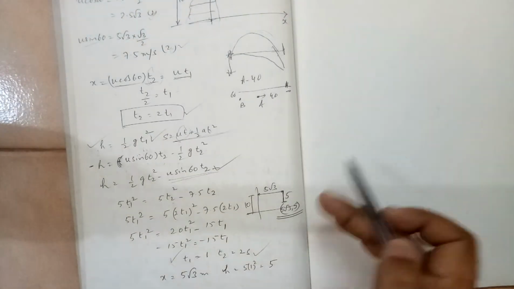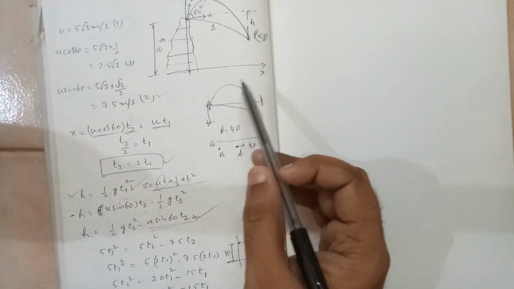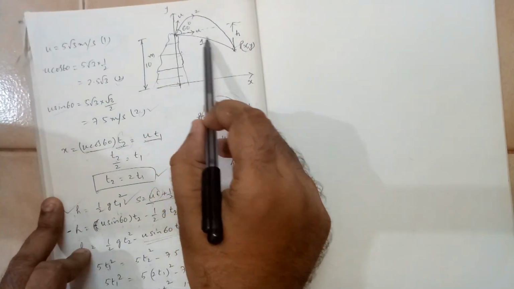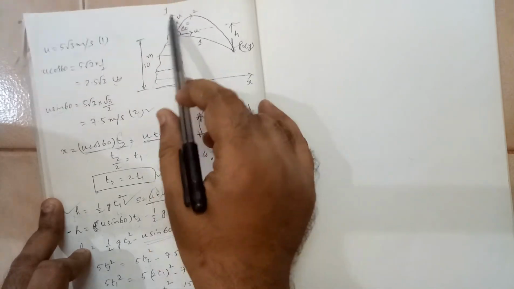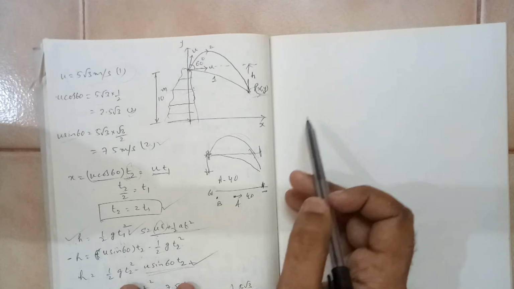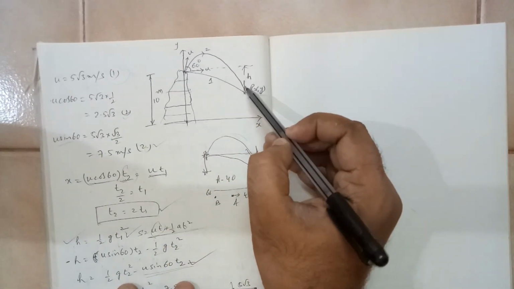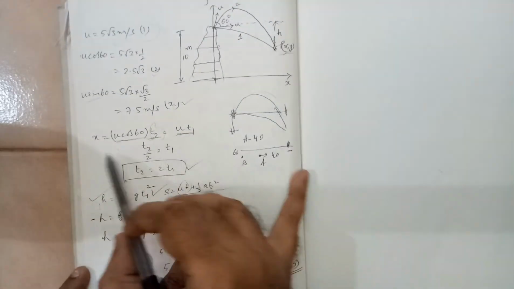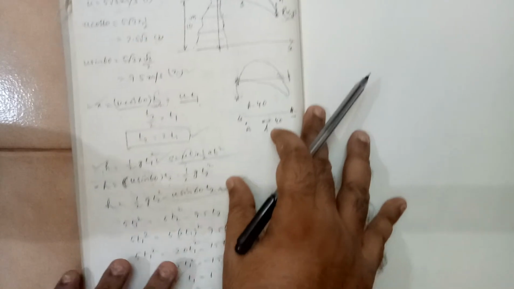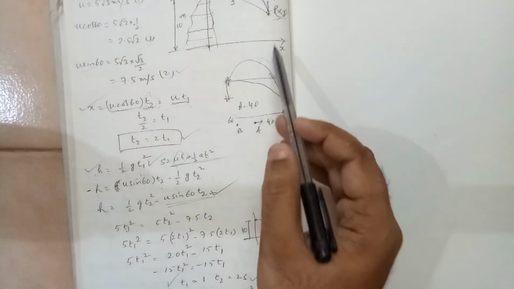Okay. So now we can find out x and y, because here also this is the trajectory. This is the trajectory of 2, this is the trajectory of 1, this is x, this is y, it is in the xy plane. So he has asked you to find out what is the coordinate. So the coordinate we have to find with respect to this point. So we have to find this h and x. X can be obtained from this equation. Either you can use t2 or t1, you will get x. And coming to h, you can put it in either equation, you get h.